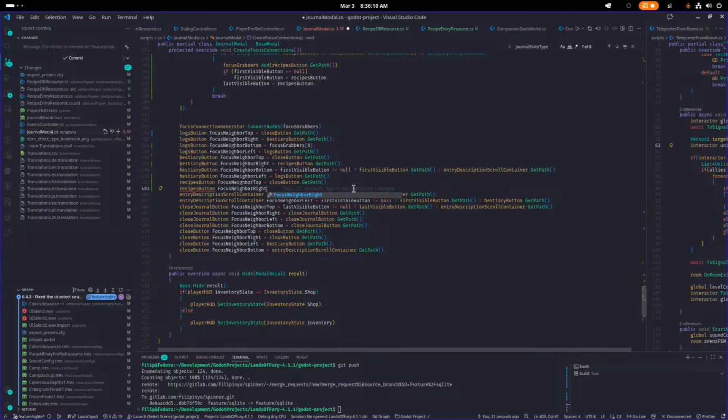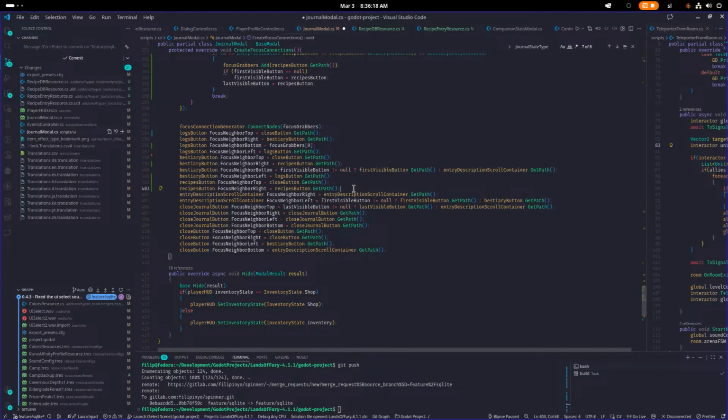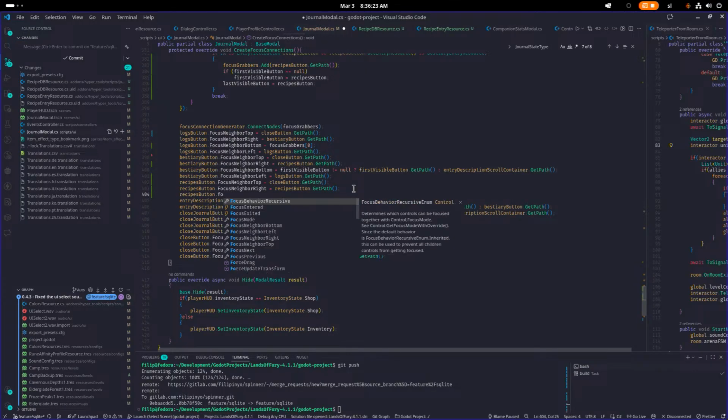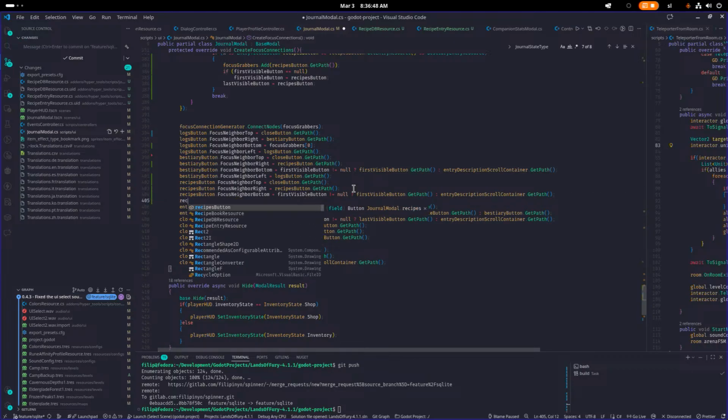So it means recipes button, get path. Recipes button focus neighbor bottom equals to, on the bottom I should focus on this. Like that, and then